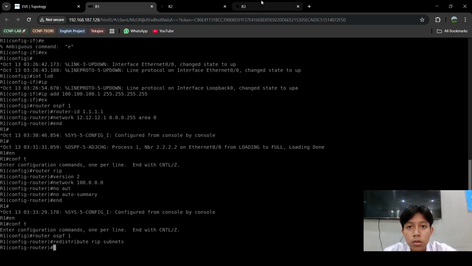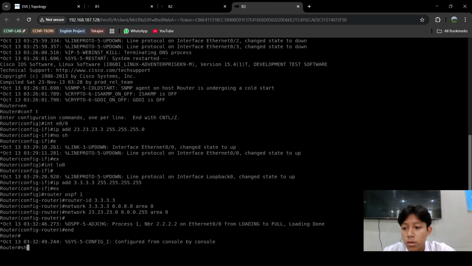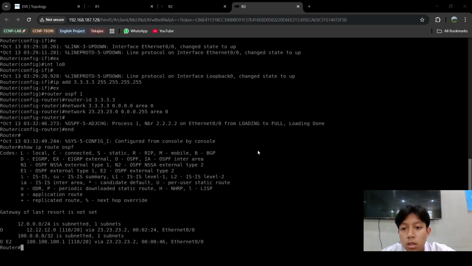You can move to router three and type show ip route ospf, and you will see a new route marked as O E2, which means OSPF external type 2, and you can see the loopback IP is already shown.